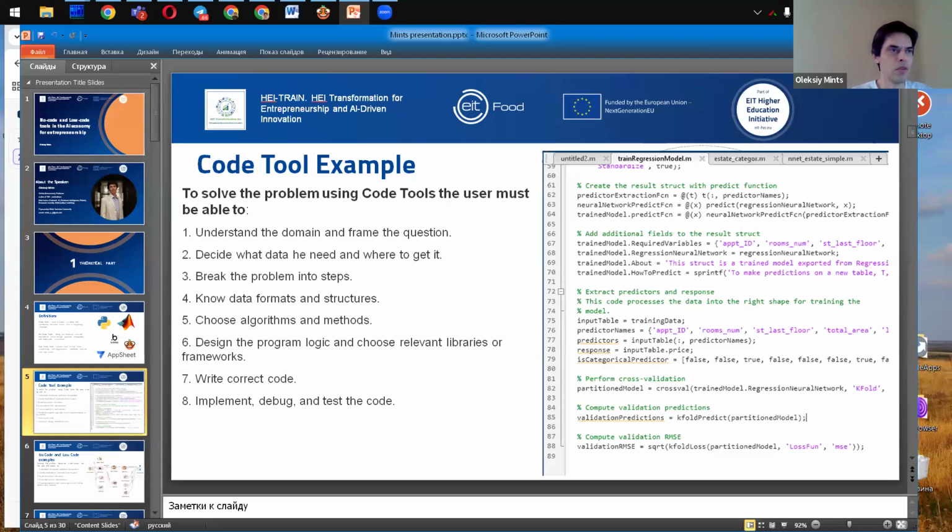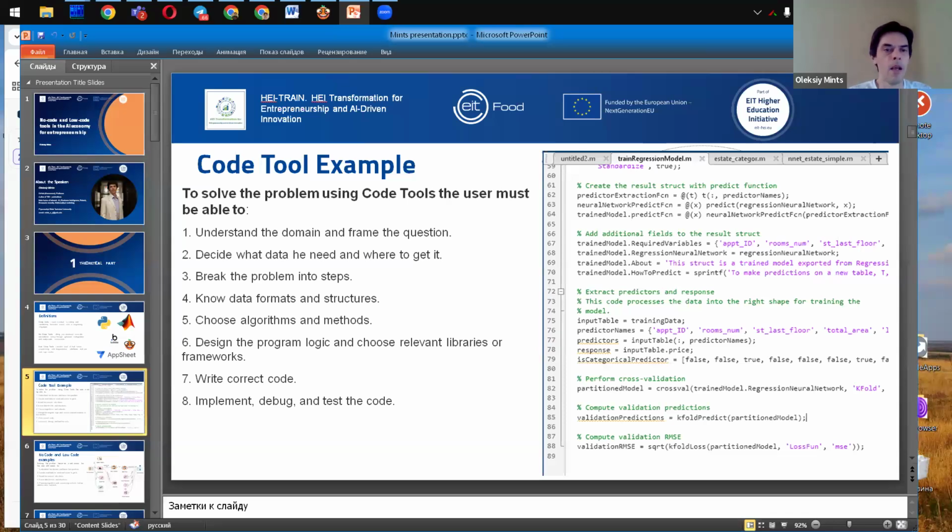This is a simple, really, this is a simple code, or maybe rather about 30% of the code for MATLAB that solves the problem of predicting real estate prices. In this program, you must describe each action using computer language.